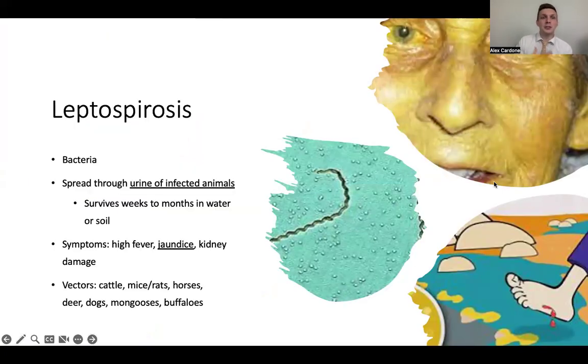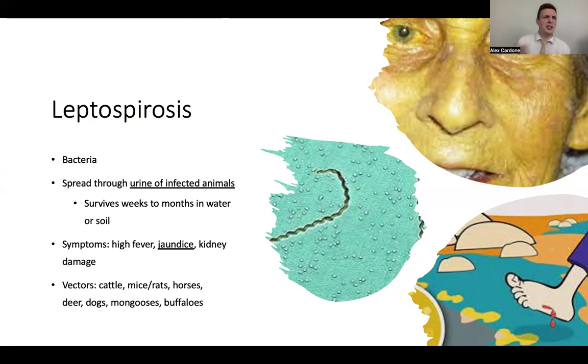Next, leptospirosis. Leptospirosis is caused by bacteria similar to brucellosis. This is predominantly spread through the urine of infected animals. One of the interesting things is that because it is spread in the urine, for example, if a deer were to have leptospirosis and pee inside of a lake or a river or a pond, and an individual were to step into that pond, like in that bottom right picture,